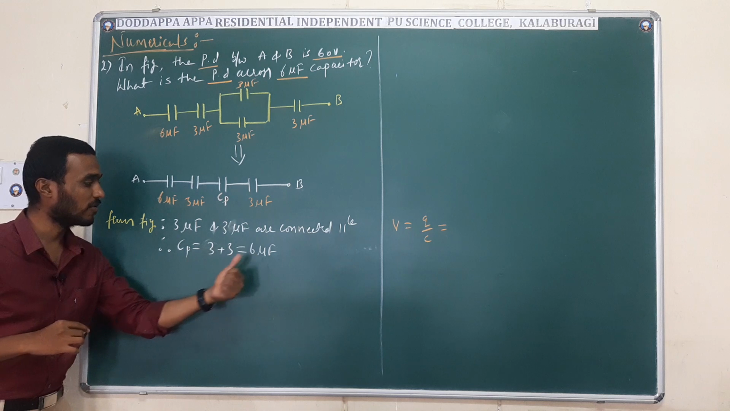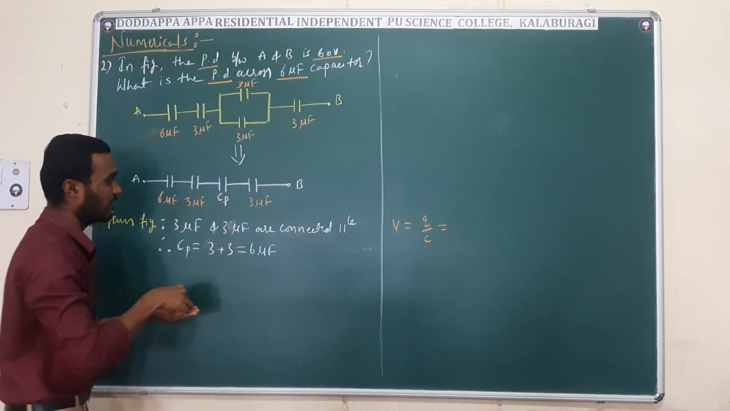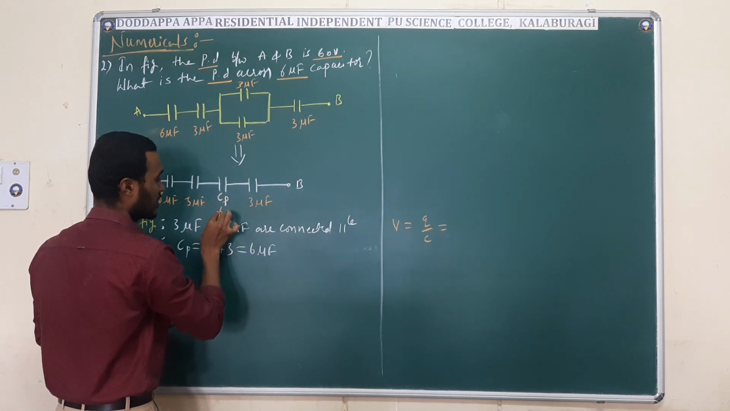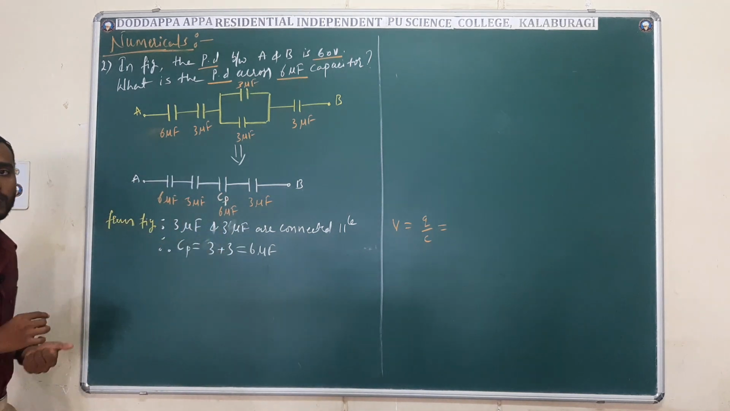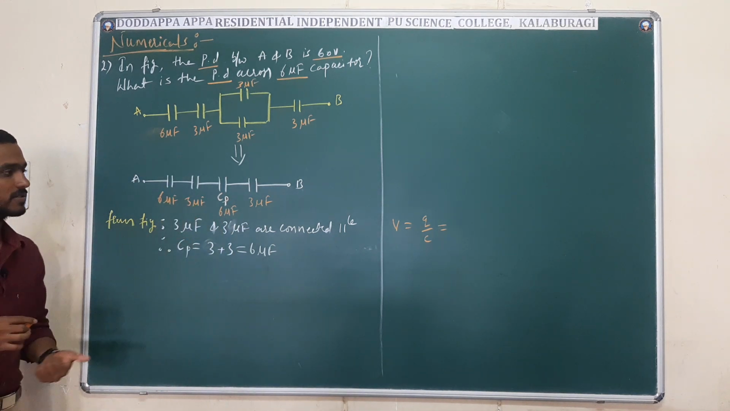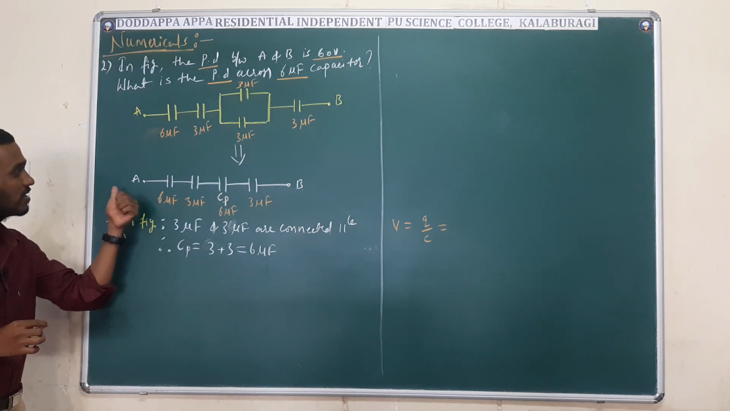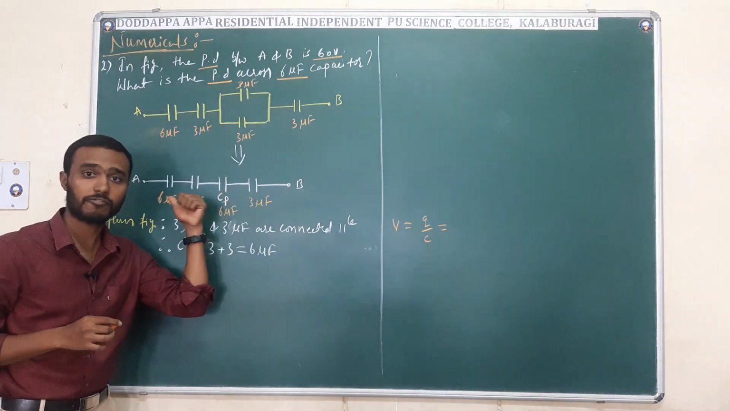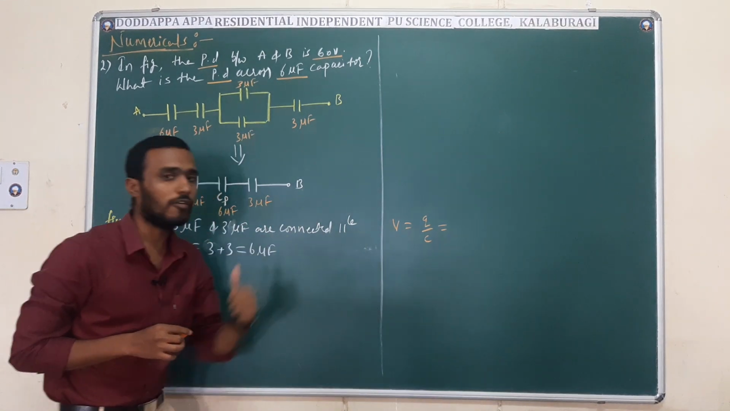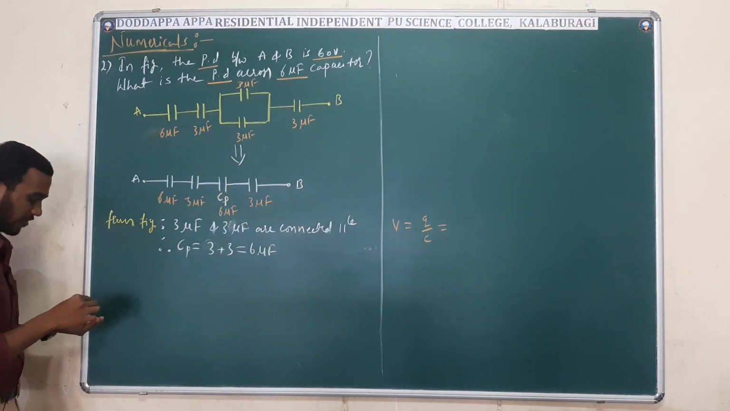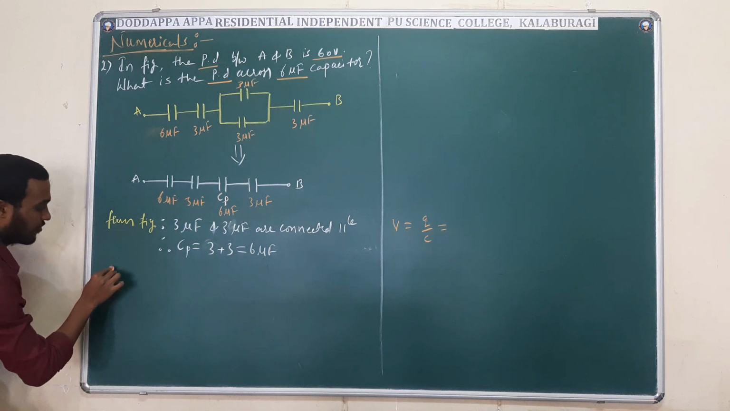So I have got the Cp value here. This Cp value I will write here: Cp is equal to 6 microfarad. Now it is in series, so I will apply the series formula. This is the final figure, so to this I will take the value of the equivalent capacitance. Therefore